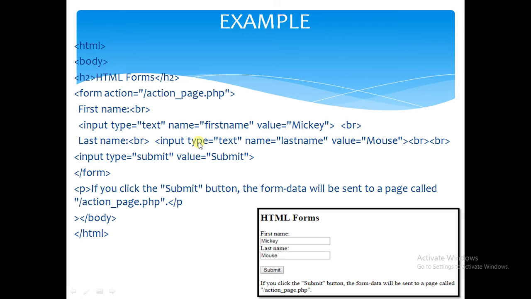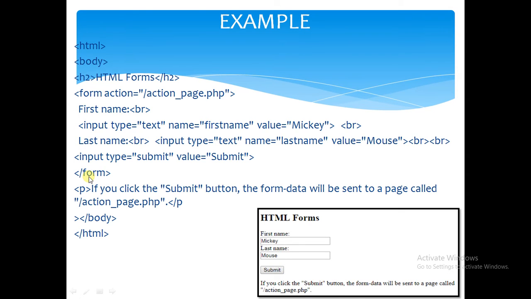Last name, input type equal to text, name equal to lastname, and value equal to Mouse. The last name we already defined, and this is Mouse, and we need a break. Input type equal to submit and value equal to submit. We declare the submit button here.